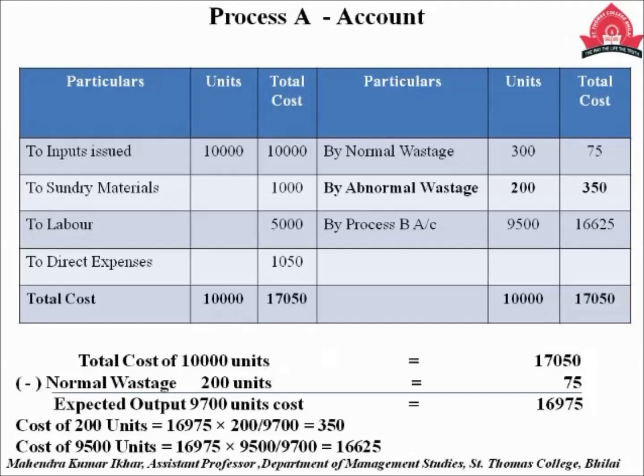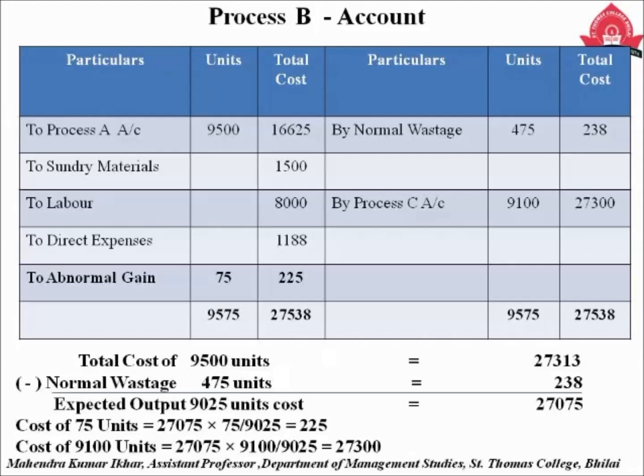9,700 units. Moving ahead to process B account, first process A account is debited as units 9,500 units and total cost of 16,625. Now again material, labor, direct expenses are debited to process B account. Here the normal wastage is 5%, so we got 9,500 into 5%, that is 475, and the value of that normal wastage is 0.50 per unit,